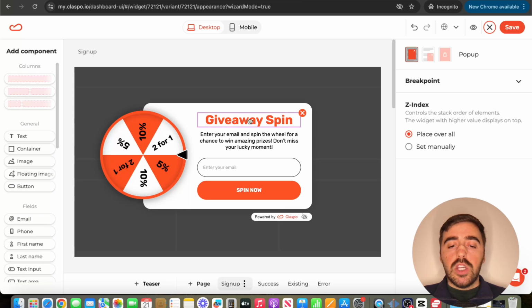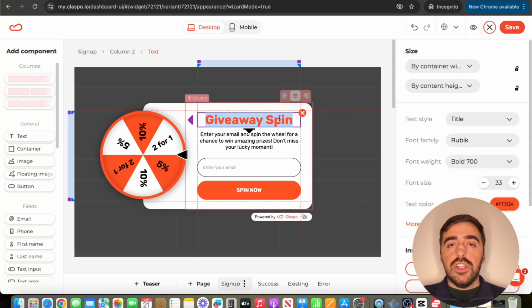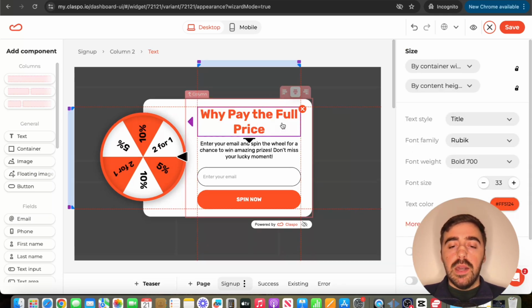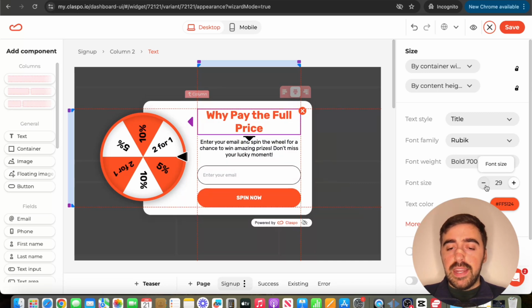Another thing I want to do here is go ahead and customize this text. I want to make it a little bit bigger, and I also want to change its contents. So I'm going to double click on it and change it to my liking. This is the text that I'm going to use, but it's a bit too big for my liking. So I'm going to reduce the font size right here from the editor on the right hand